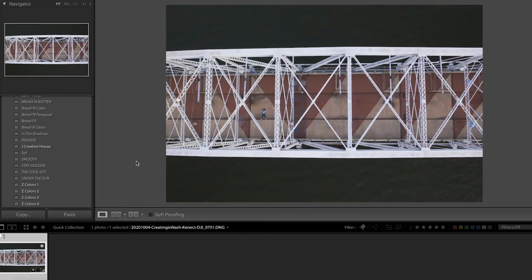Alright guys, so here is this second set that we're looking at. If you remember, we shot this up at the pedestrian bridge, and I flew my drone up to get this unique perspective looking straight down. I loved all the white lines and the symmetry,